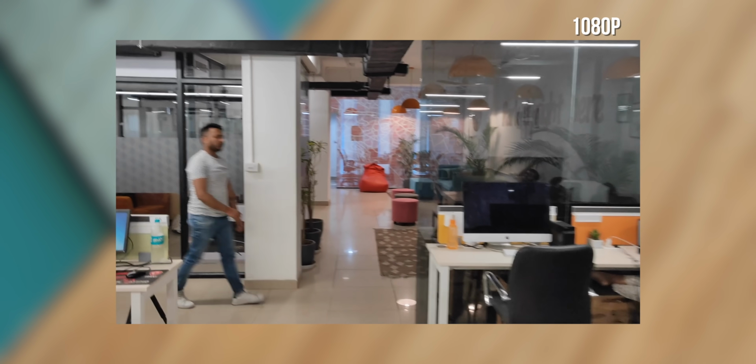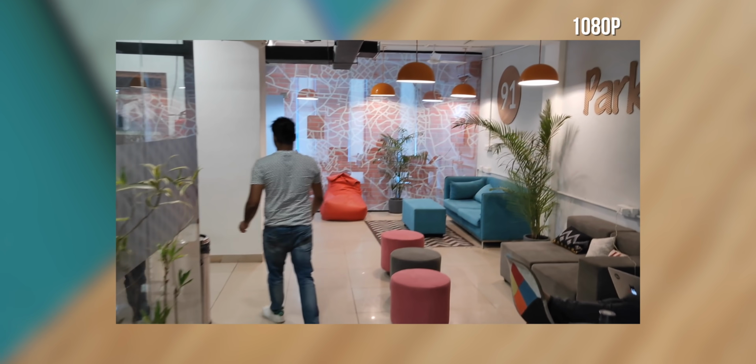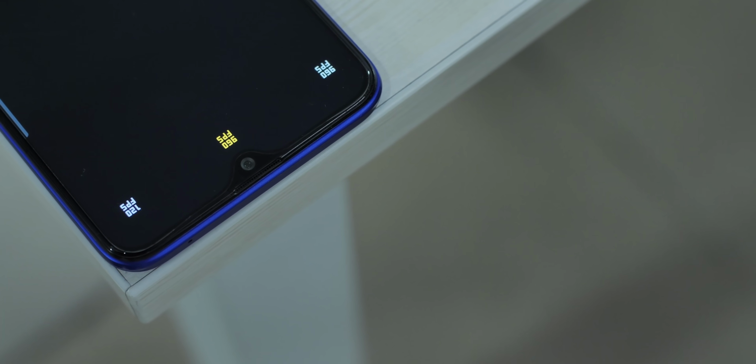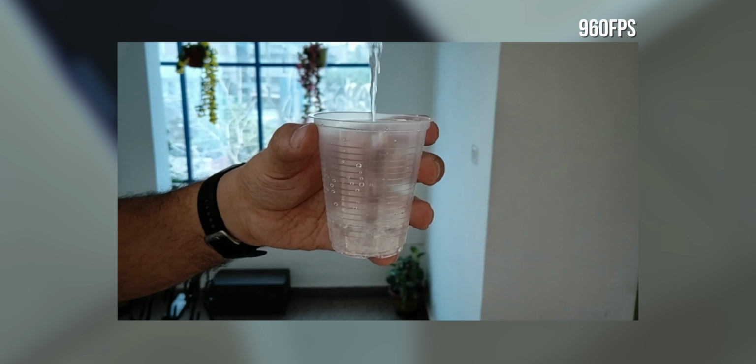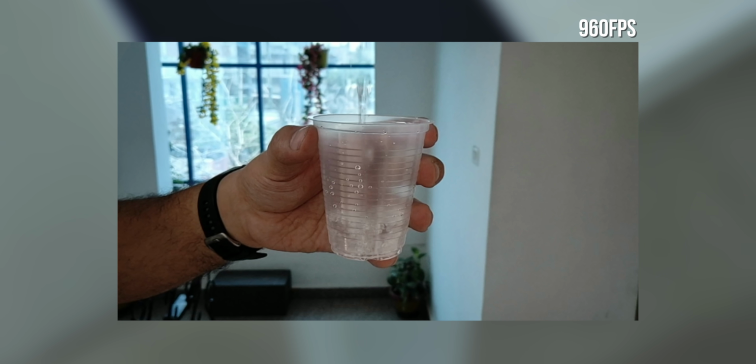This is super stable, right? I love the stable videos from the Realme 2 Pro, so I'm definitely not surprised at this. There's another cool feature when it comes to videos, and that is super slow-mo video recording. Yes, the Realme 3 Pro can shoot videos at 960 FPS, so you can capture some amazing super slow-mo shots